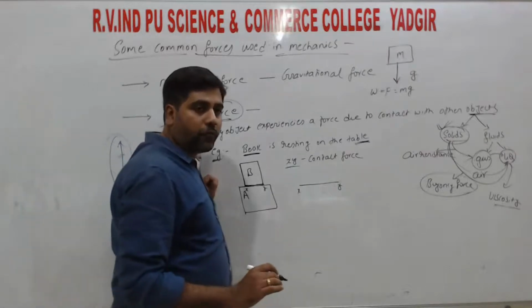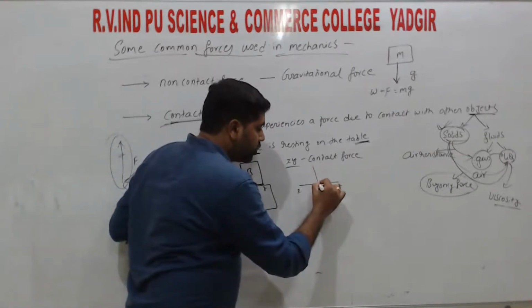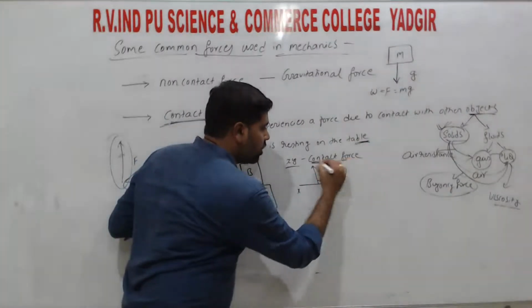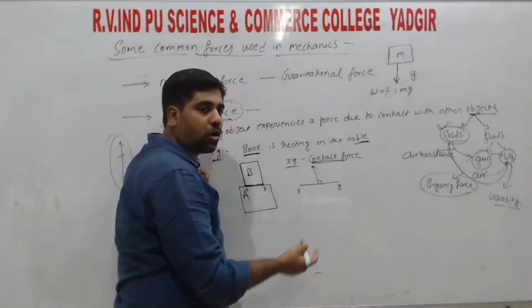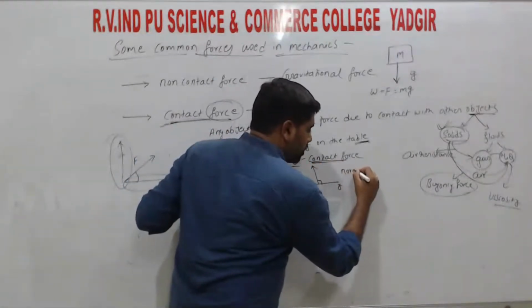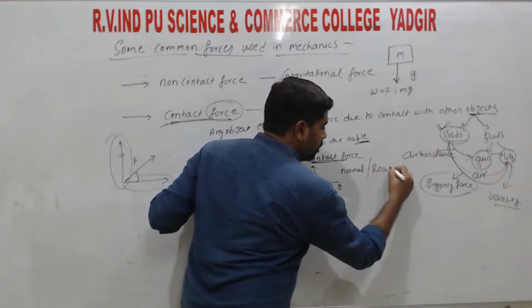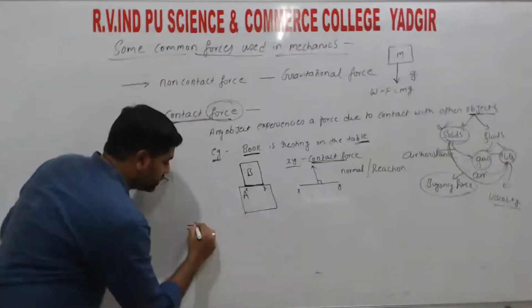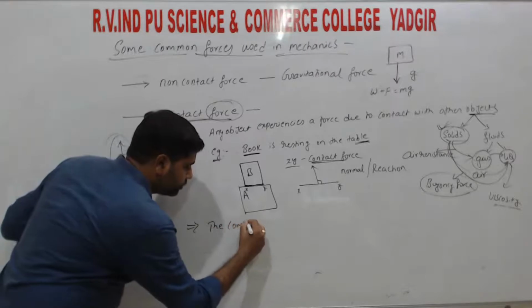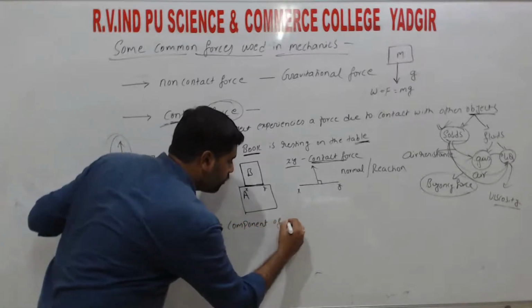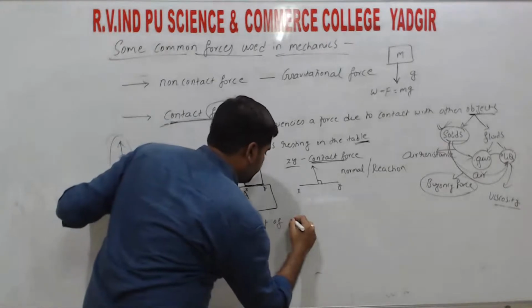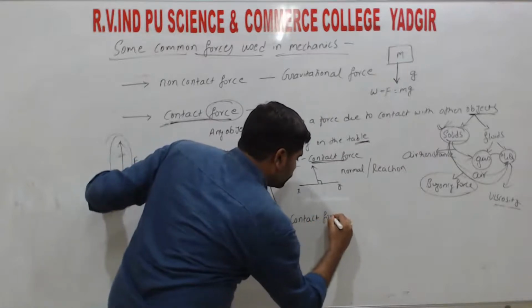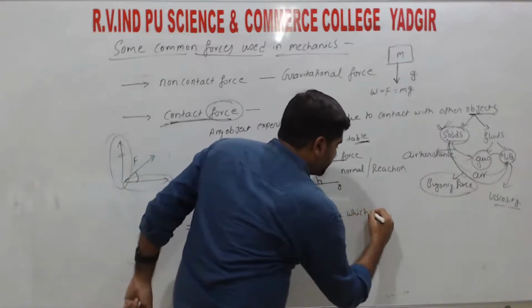So the component of a contact force which is perpendicular to the surface, right? Perpendicular means 90 degrees. So this is the contact force, right? So that contact force we call as normal or reaction. We call normal reaction, right? So the first one is the component of contact force which is